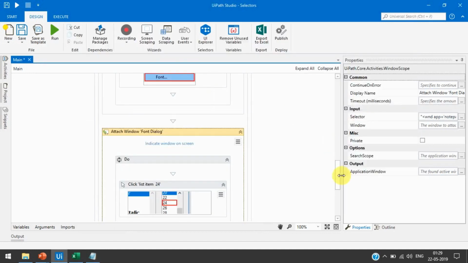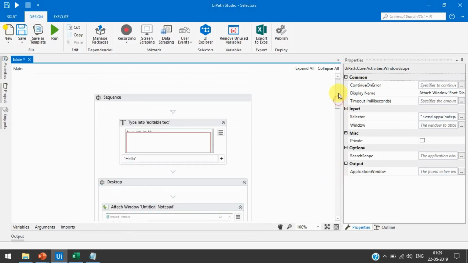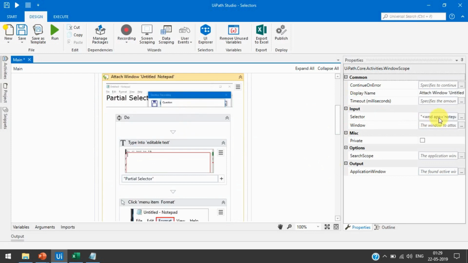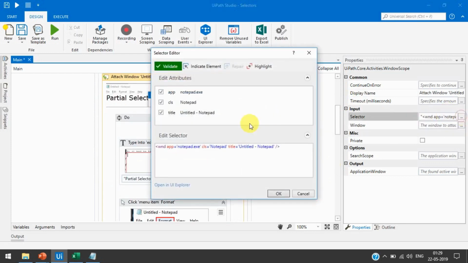Now if we see here on each container, on each attached window, click here and check the selector. As I already told you, in the desktop recording, each attached window has only the top level elements.